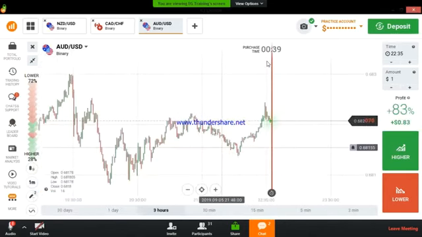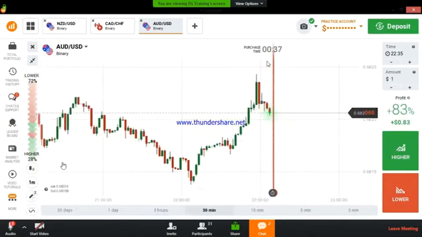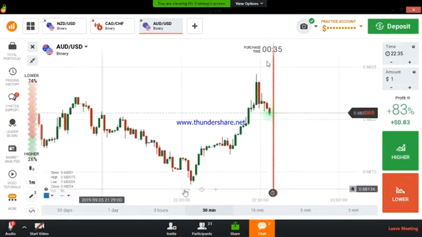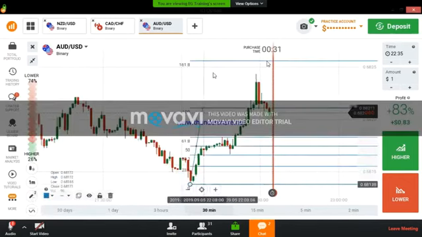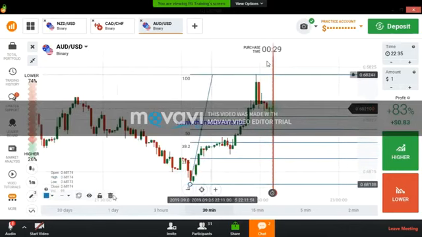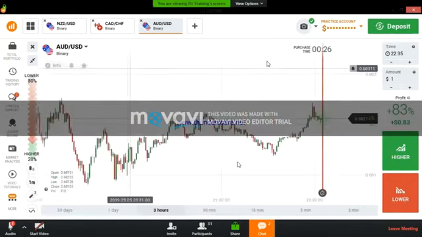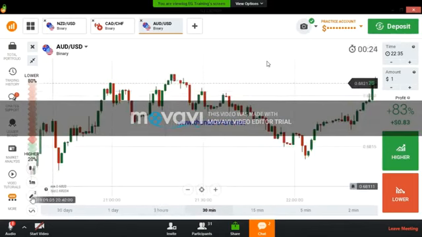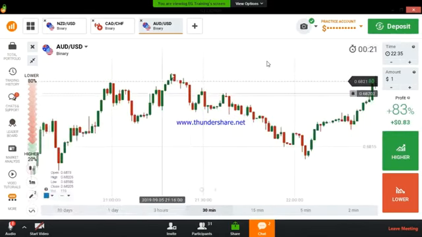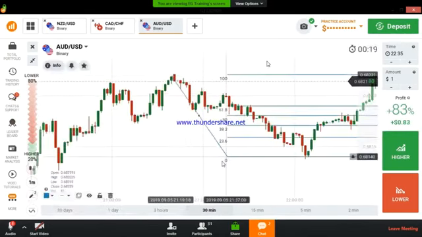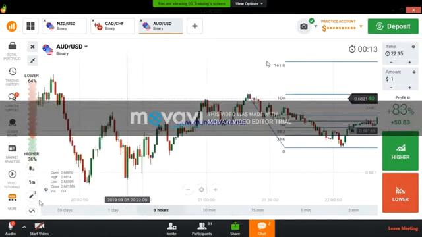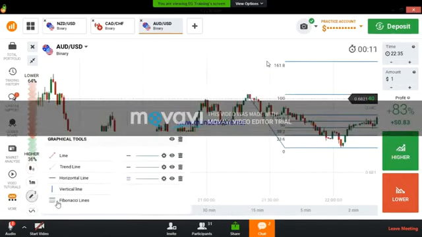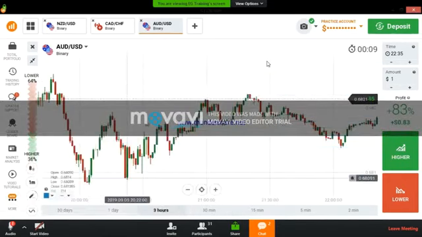Okay, there is a level, right? If you want to draw the Fibonacci tool in this trend, you can draw from this level to this level. If you want to draw this Fibonacci tool in this downtrend, the higher high and the lower low like this. Clear? Okay, sir, regarding the current market. Yes, it's your wish. You can draw the Fibonacci tool from here to here too.